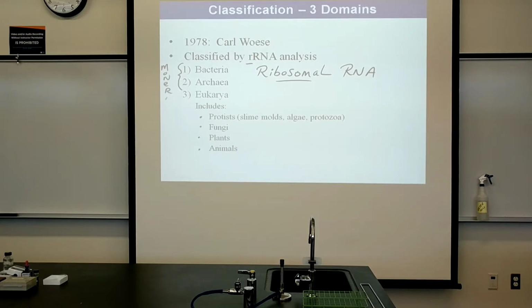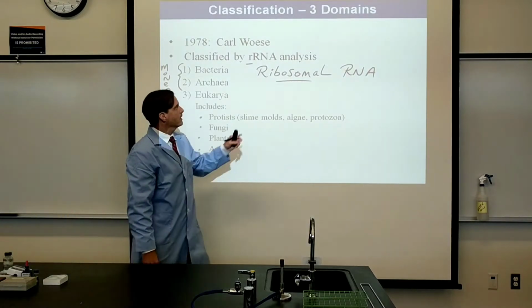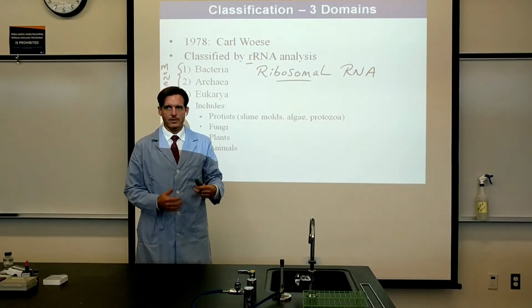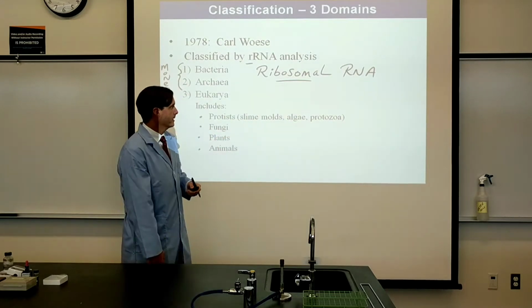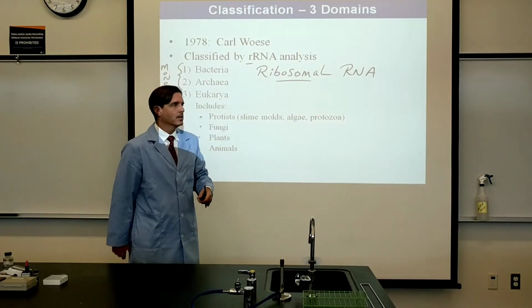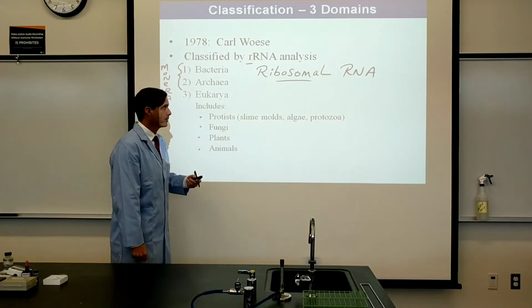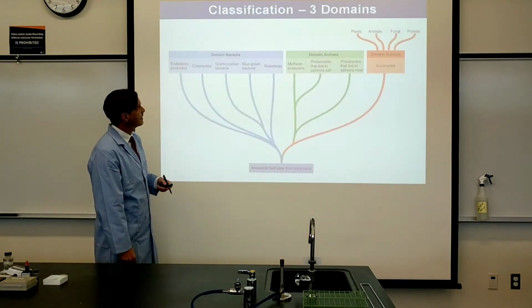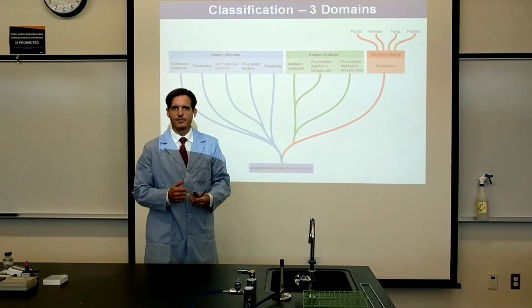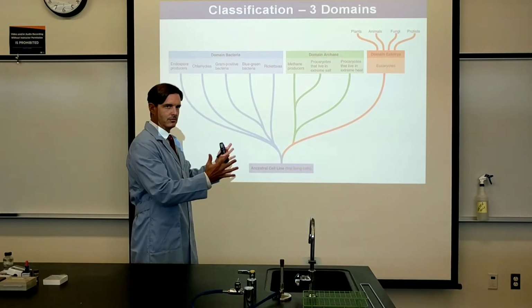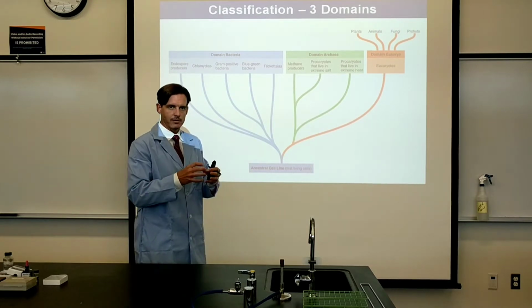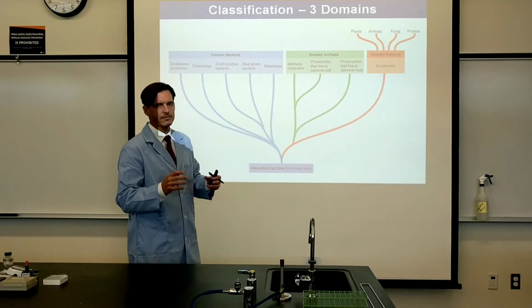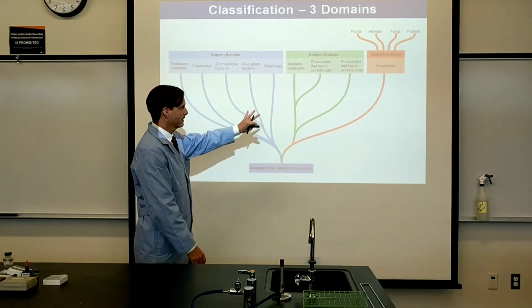So you had your 5 kingdoms that made up Robert Whittaker's 5 kingdoms. But we're going to go ahead and focus on the Carl Woese's 3 domain system, and not worry as much about the 5 kingdoms that Robert Whittaker came up with. All right, here is a visual of a 3-domain genetic tree. Sometimes they're called phylogenetic trees, as we get very specific about the different life forms and where they belong genetically